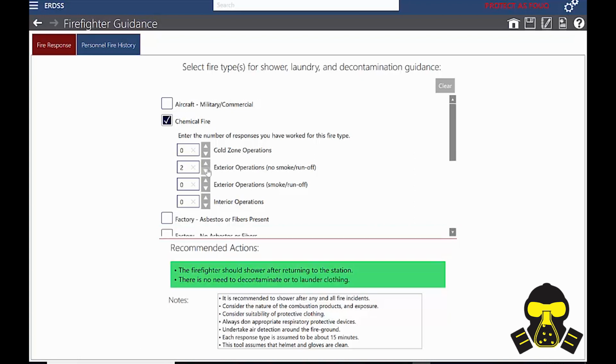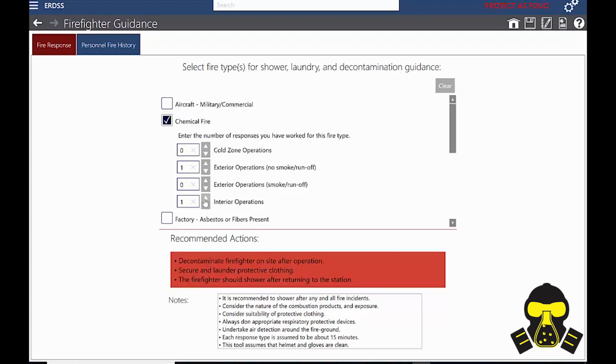Or you can use them, say they were just that one, then they went in and did an interior op. Now they have cleanup. Right. Now they're doing this. So it's starting to tell you based upon thousands of fire iterations, and you guys have seen the data on all those, that now we can actually start calculating your worst case scenario of what you're exposed to. Not exactly what you're exposed to, but we know that in these